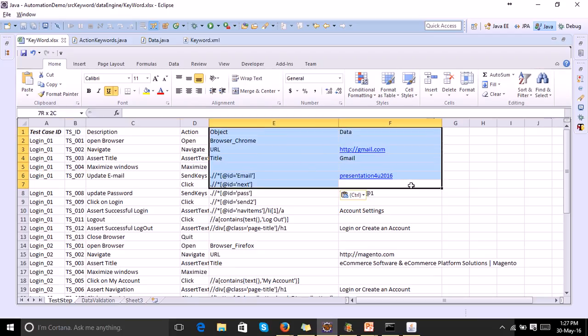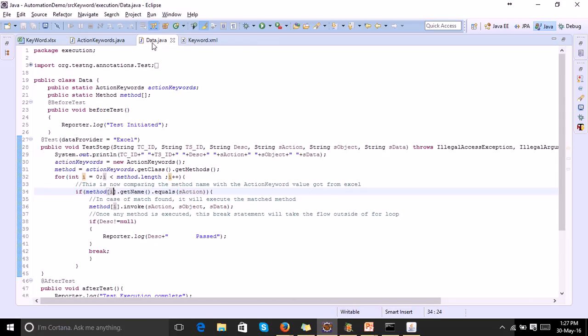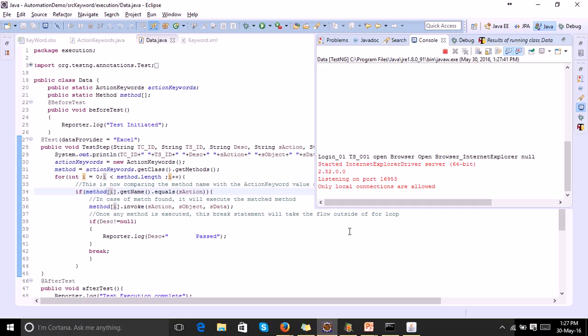This is a sample for you to know how the test cases are going to work when a manual person, or someone who knows Excel, is going to work with it. I have specified Google Chrome. Instead, if I specify Internet Explorer and save all these properties together and run it from the data script, you can see that the initial process is going to start with the Internet Explorer browser being initiated, and